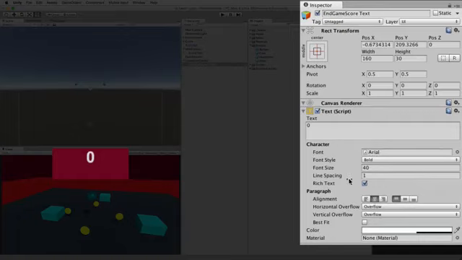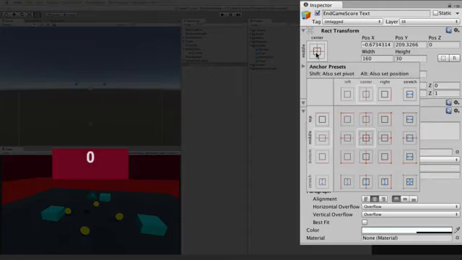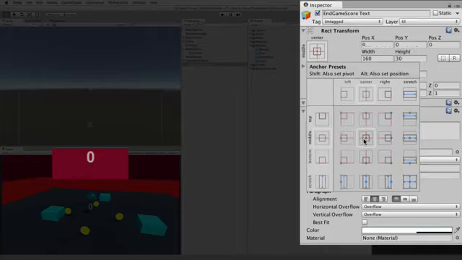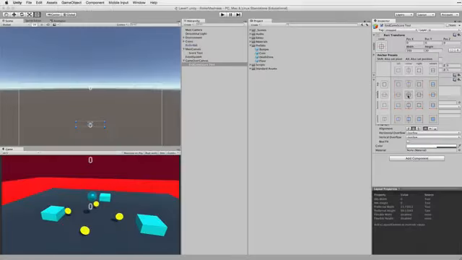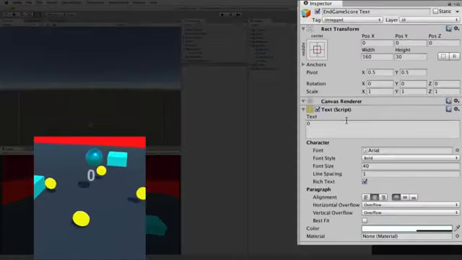So where I want to place this is actually in the middle of the display. So this is going to be the game over screen. So I don't want the score to be at the top anymore. I want it to be in the middle. So let me click on the anchoring options, and once again hold Shift and Alt on my keyboard, and I'm going to click on the center, so it's right there in the middle. And on the end game screen, I want to make this a lot bigger, so I'm going to set the font from 40 up to 150, so it's going to be a nice big